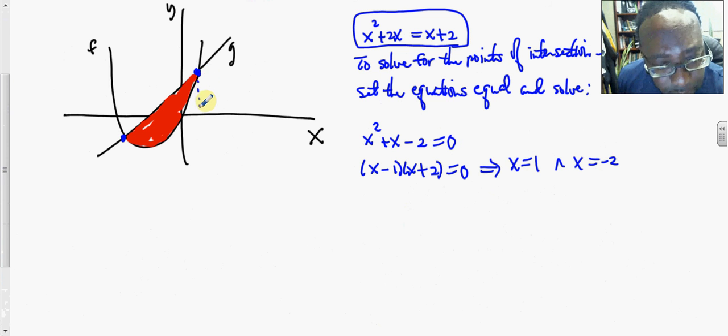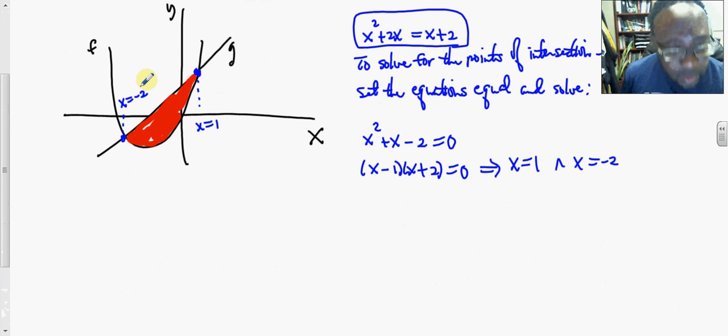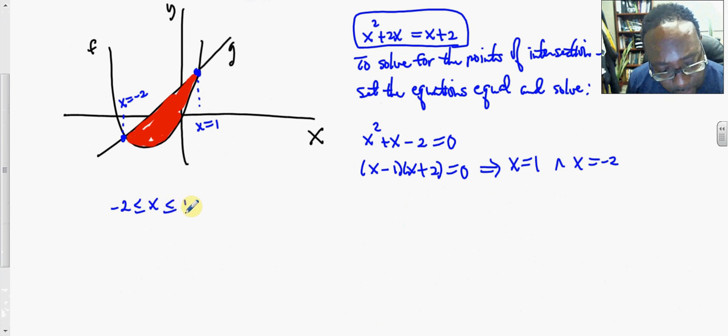So this is x equal to 1, and over here x equal to negative 2. So we have our lower and upper limits for the width. So negative 2 less than or equal to x less than or equal to 1. We have the top function, which is that line, and then the bottom function is the curve, so we can get the area now. The area is the integral,